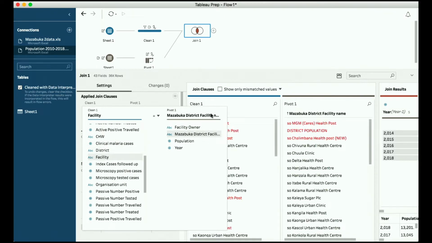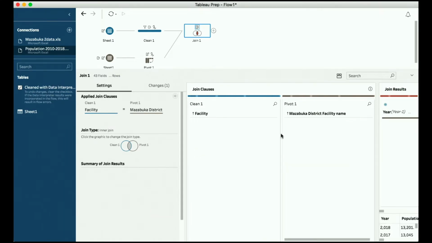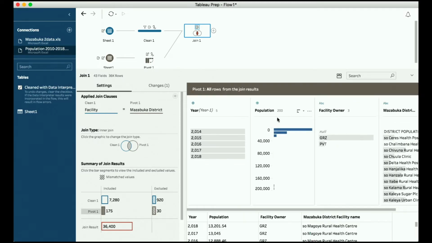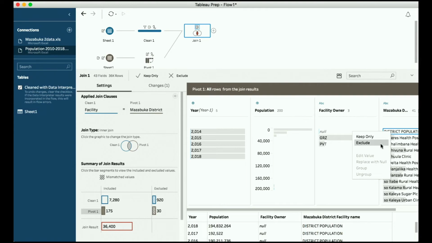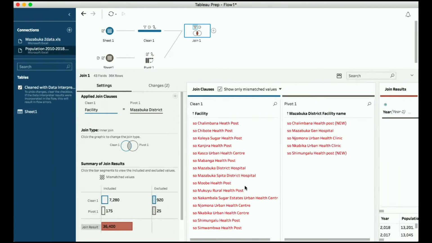Facility level, and we get a bunch of bad facilities here, and being able to cleanse these values so quickly in Tableau Prep and have people see things side by side instead of having to look at two separate data sources and try to figure it out is just a game changer for the user population that I work with. So that's one piece of Expose, is just having tools that let you see those problems in the data